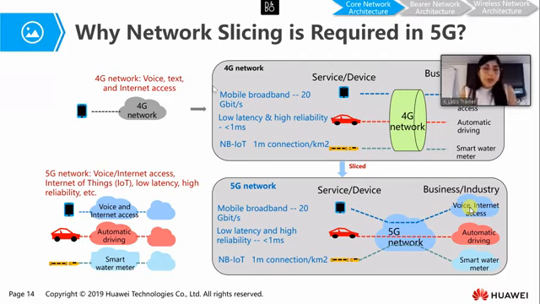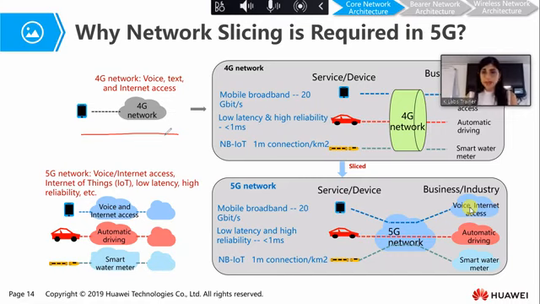So here we have also a picture that explains better why network slicing is required in 5G. In the upper part of the slide, we have the 4G network. In the 4G network, we don't use network slicing. Let us suppose that with the 4G core network we have 3 different kinds of services.